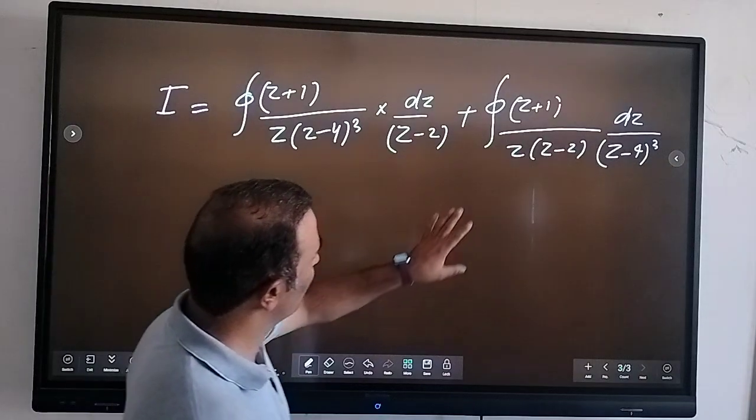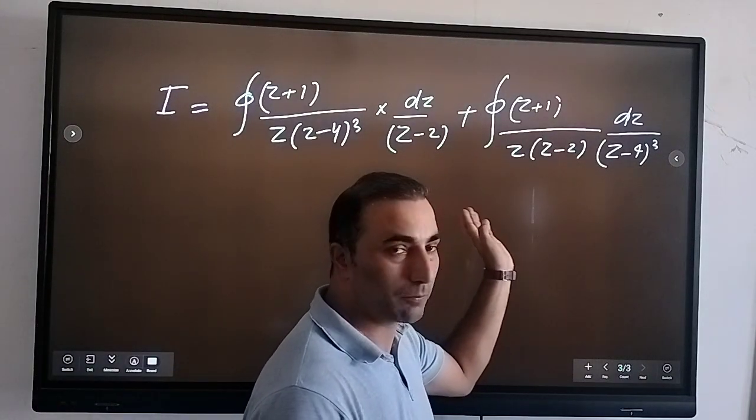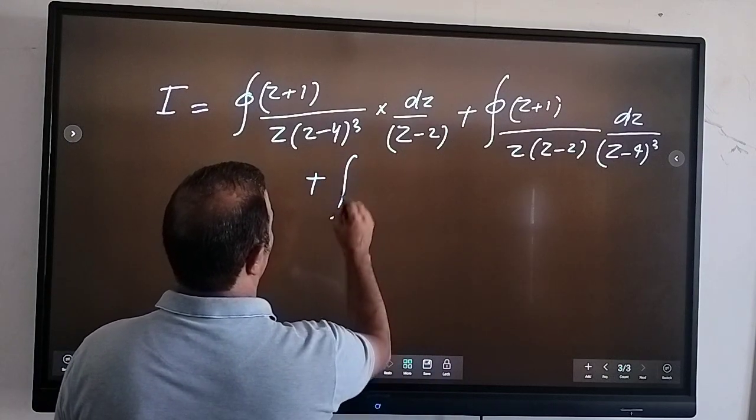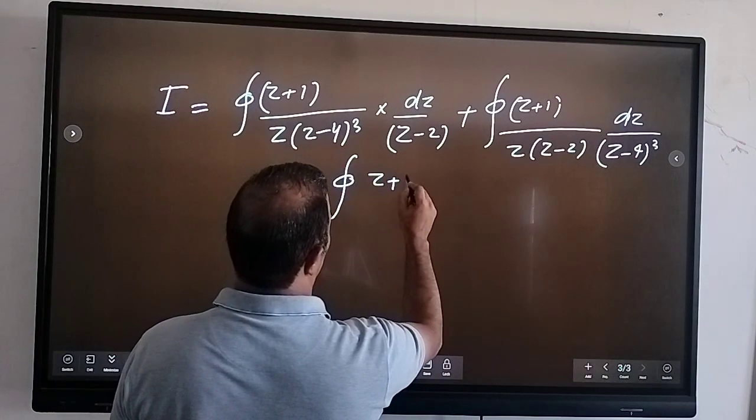Now these are two integrals. Similarly, I can put z equal to 0. That means the integral of z plus 1